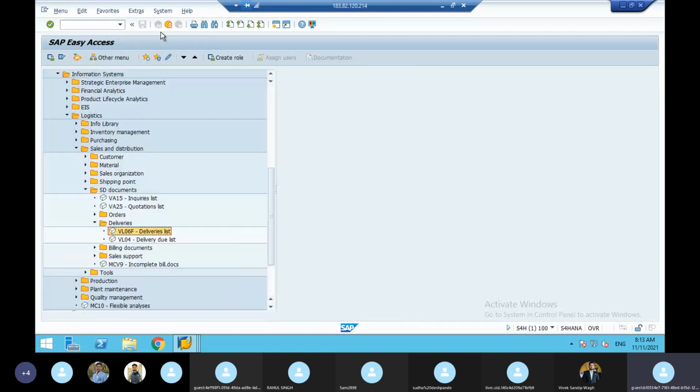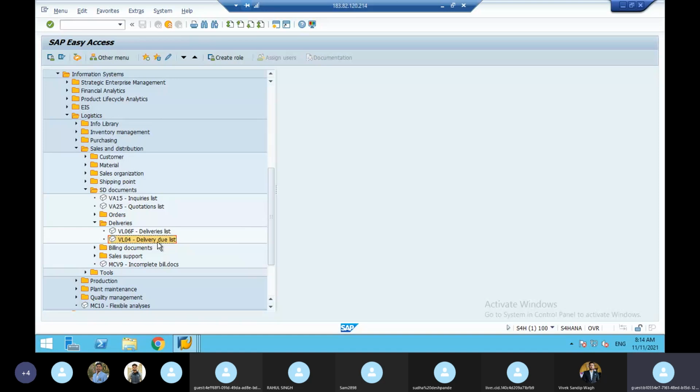Why do they call it a delivery due list? See, I told you delivery due list means sales order is completed, delivery pick pack is completed, PGI is not done. Why is PGI not done? It is a management decision. If you do PGI, accounting document will generate, stock reduces, value changes, you have to make a bill. Outstanding will increase. This customer already has a huge outstanding. So management is telling don't give the material to him. If it is already in the delivery, don't do PGI.